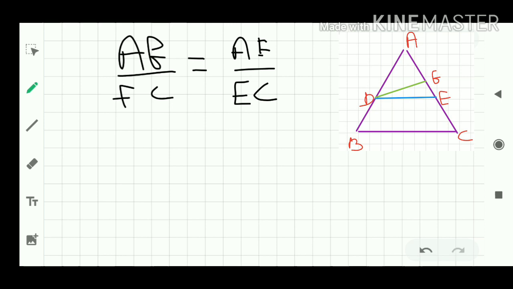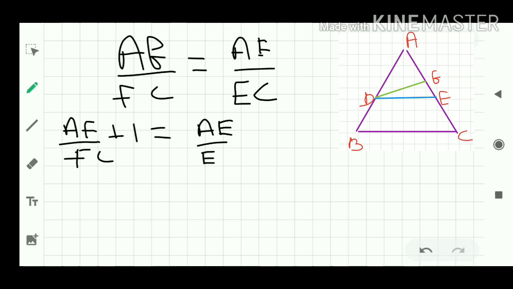Now adding 1 to both sides, AF by FC plus 1 equal to AE by EC plus 1. So after taking LCM we get